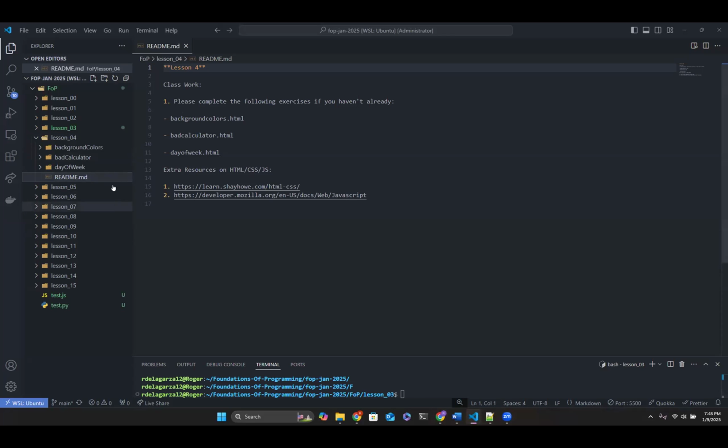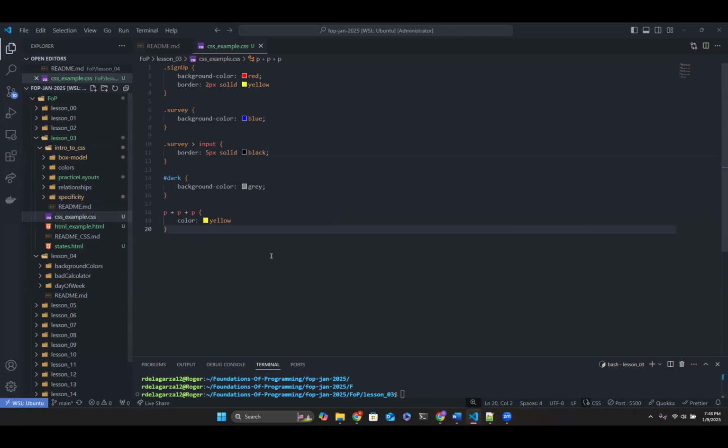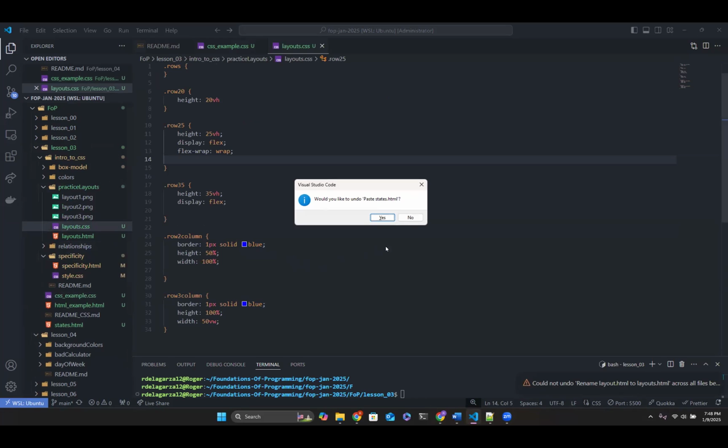Okay. Let me go ahead. Hold on, give me a second. Let me get rid of all this extra stuff that I added at the very end, because I just feel very confused now. Yeah, no, I understand. Let me go to practice layout. Let me delete a couple things from these.